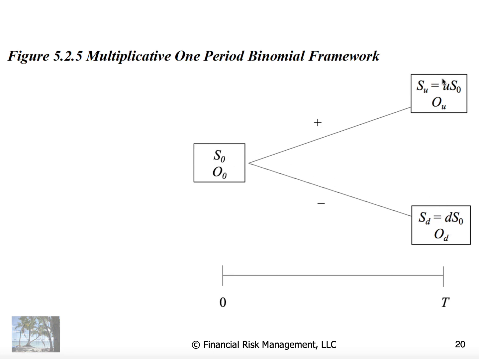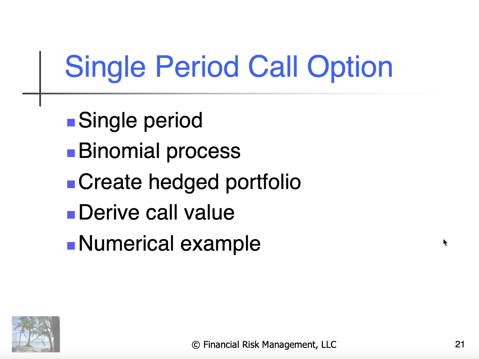And so the key is that the option, call or put, is a function of the value of the stock if up occurs, if the positive arc happens, and then if the negative arc happens, the option value will be denoted O sub D. And so there's assumed to be a single period. We're assuming a binomial process. There are only two arcs. We're going to create a hedge portfolio, and from that we're going to derive an option value and provide a